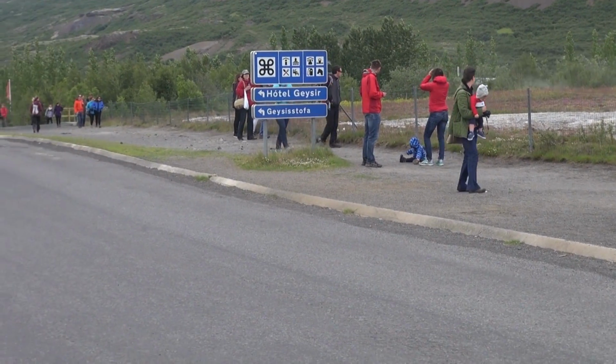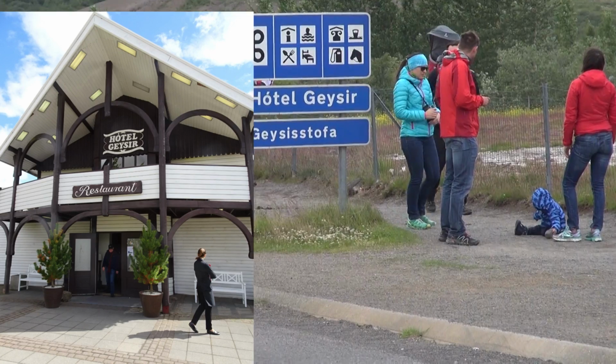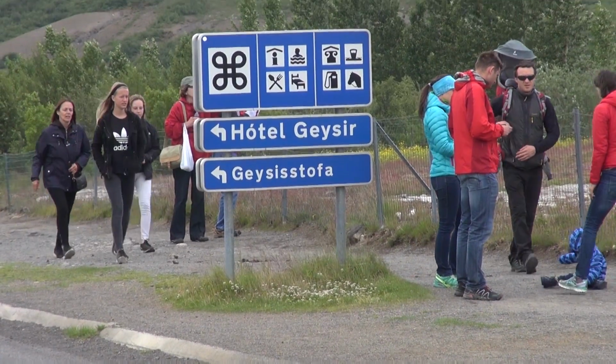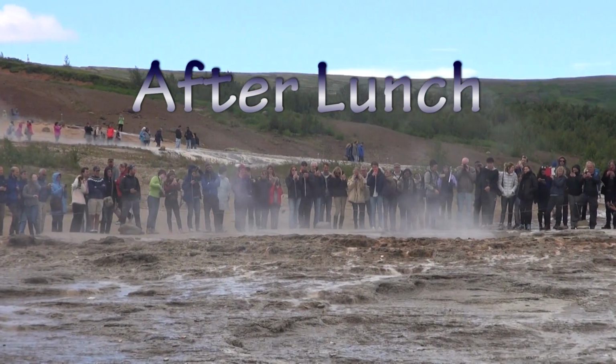So now the next stop on the tour is Hotel Geyser for lunch. A lot of people are waiting for this thing to erupt. This is our guide, Boga. So Boga, what does the glacier sound like when it goes off? The sound of it is similar to...